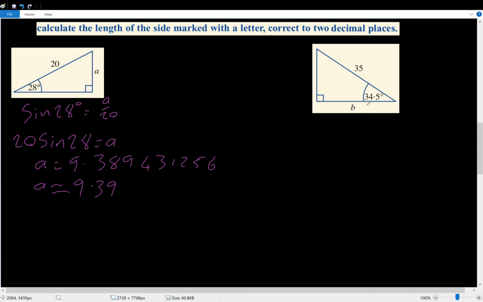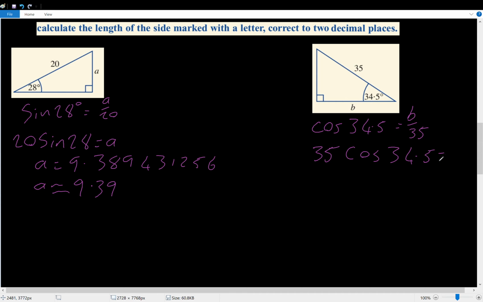Let's take a look at another example where we've got a right angle triangle. We've got an angle marked 34.5. We've got a side marked B and the hypotenuse marked 35. The trigonometric ratio that uses the adjacent, which is what we have, and the hypotenuse is cos. So we're going to say that the cos of 34.5 is equal to B over 35, which means that 35 times the cos of